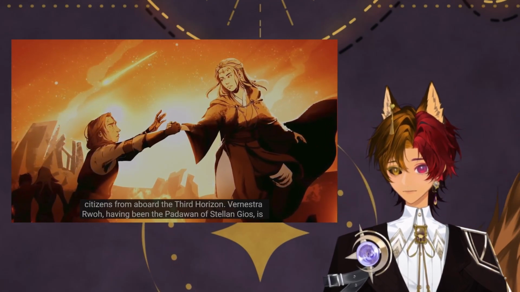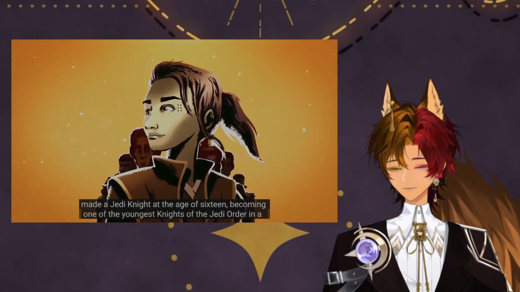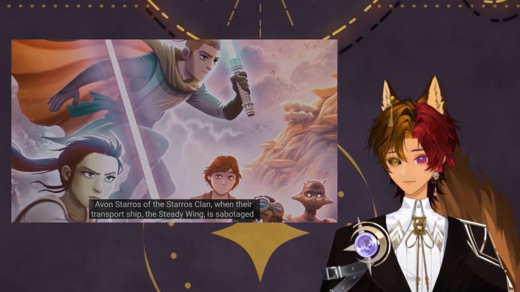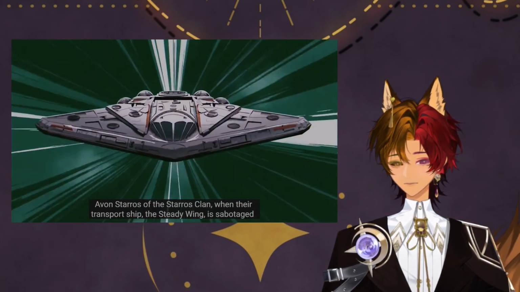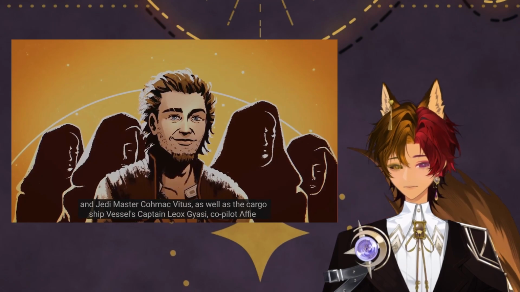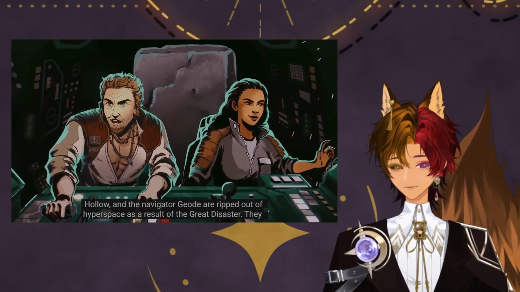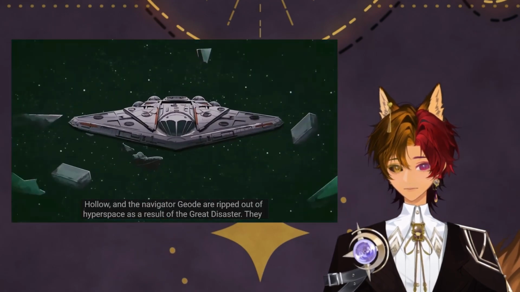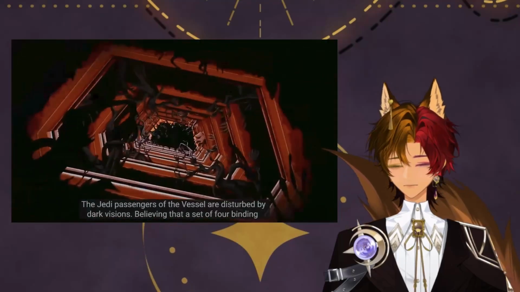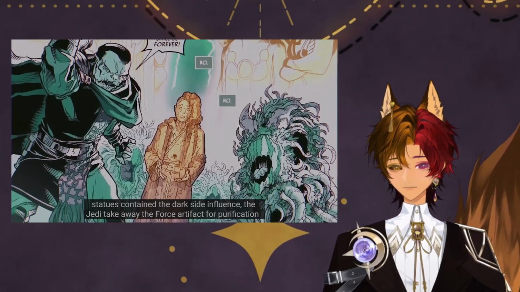Coordinating efforts to save citizens from aboard the Third Horizon, Vernestra Rho, having been the Padawan of Stellan Gios, is made a Jedi Knight at the age of 16, becoming one of the youngest Knights of the Jedi Order in a generation. Vernestra Rho is stranded on a jungle moon with several other individuals, including Avon Staros of the Staros clan. When their transport ship, the Steady Wing, is sabotaged by the Nihil, the Jedi Wayseeker Orla Jareni, Jedi Knight Des Ryden, Jedi Padawan Raeth Silas, and Jedi Master Comac Vitus, as well as the cargo ship vessel's captain Leox Gyasi, co-pilot Affy Hollow, and the navigator Geode are ripped out of hyperspace as a result of the Great Disaster. They take refuge in a seemingly abandoned Amaxine space station. Aboard the Amaxine station, the Jedi passengers of the vessel are disturbed by dark visions. Believing that a set of 4 binding statues contained the dark side influence, the Jedi take away the Force artifact for